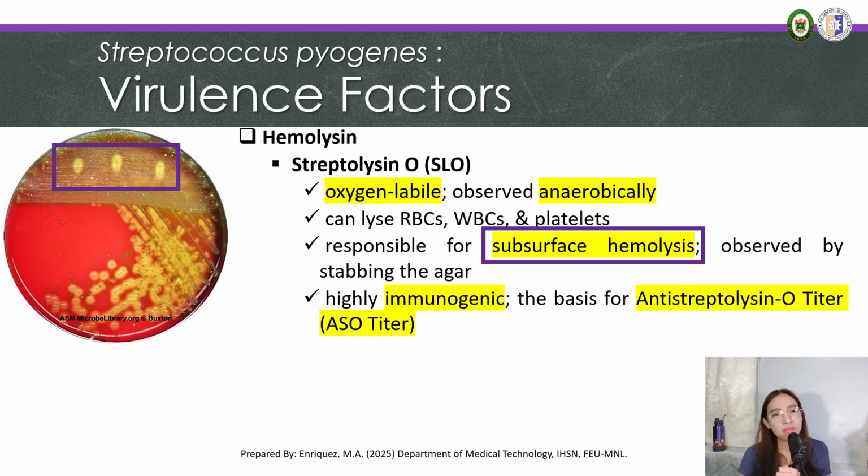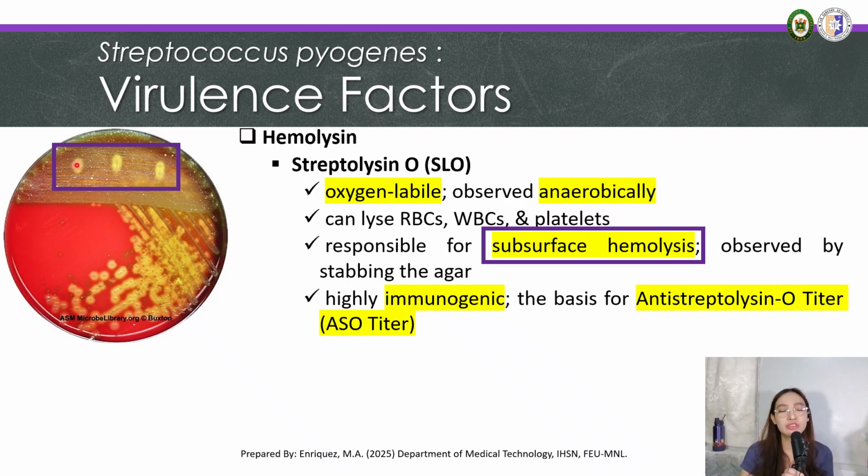Okay. So what are we talking about? Ano pong tinitignan natin dito? When we say subsurface hemolysis, this is hemolysis at an area where they are no longer exposed to oxygen. Okay? So let's look at this plate right here. So ito po yung usual na four-quadrant streaking plate na ginagawa natin. Di ba po? So this is the first quadrant, second quadrant, third, and then this is the fourth quadrant. Di ba po? As you can see right here, to properly stab the agar and observe streptolysin O, subsurface hemolysis,